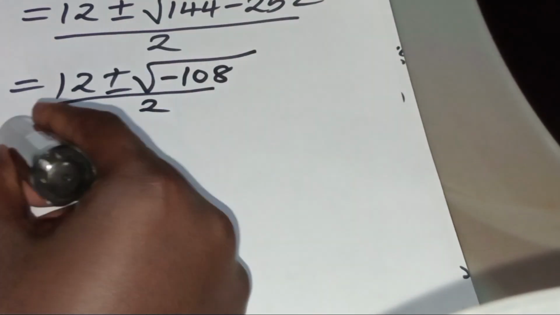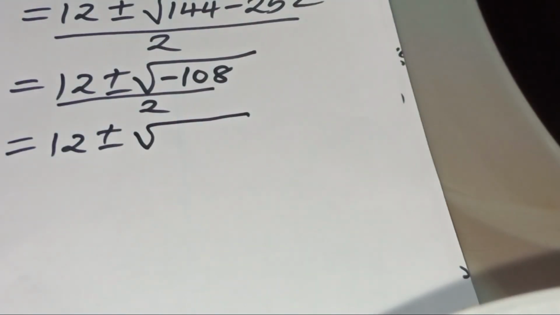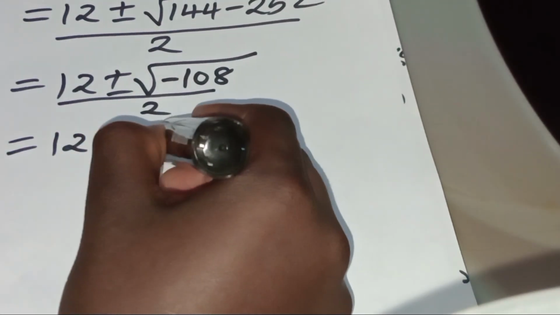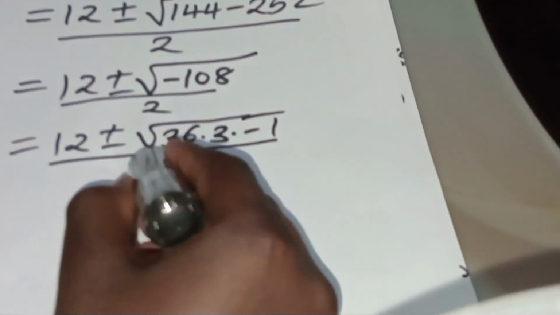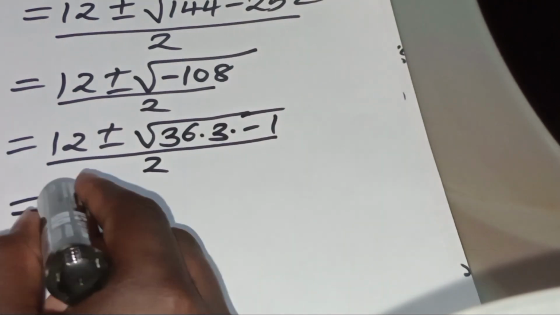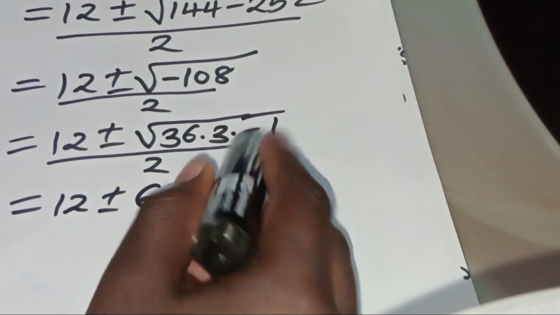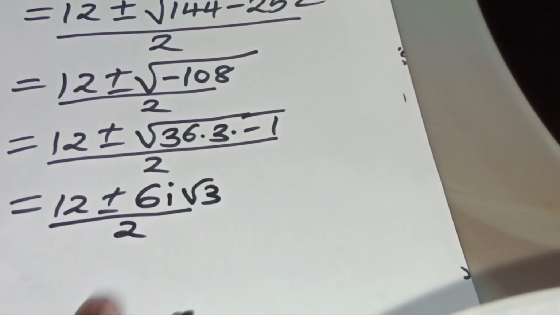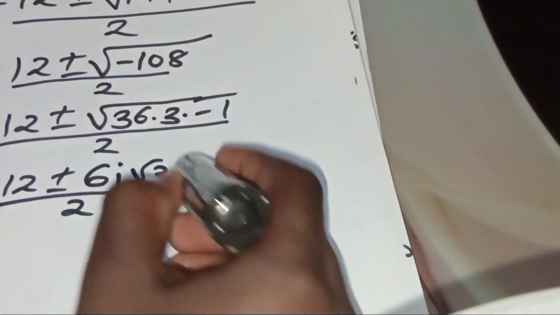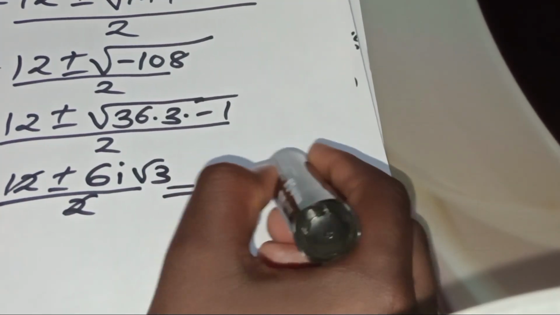So from what we have here, this is the same thing as 12 plus or minus. We can express negative 108 as 36 multiplied by 3 multiplied by negative 1 divided by 2. So this is basically 12 plus or minus the square root of 36, which is equal to 6. The square root of negative 1 is i. Square root of 3 divided by 2. Okay, so basically here we simplify, so we'll have 6, plus or minus